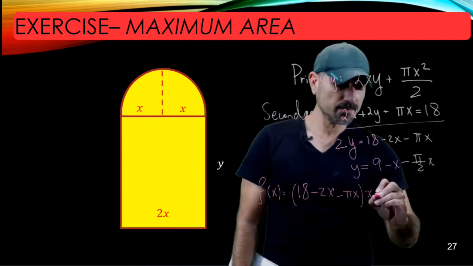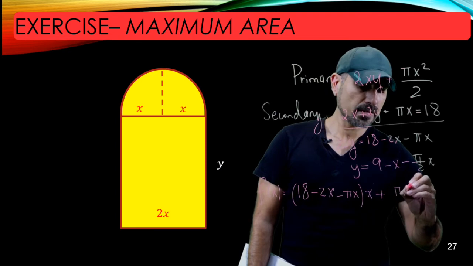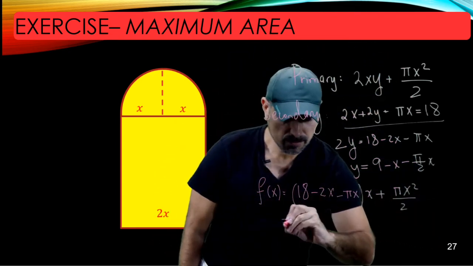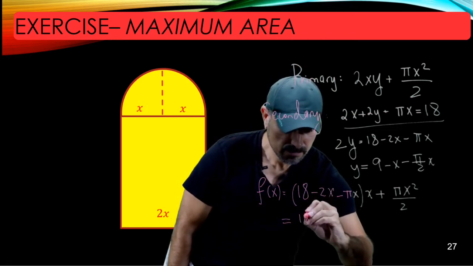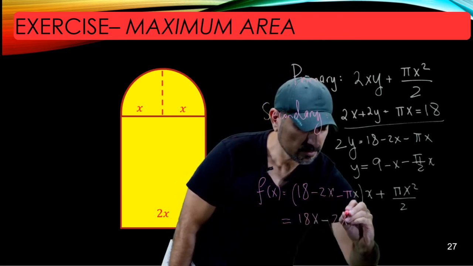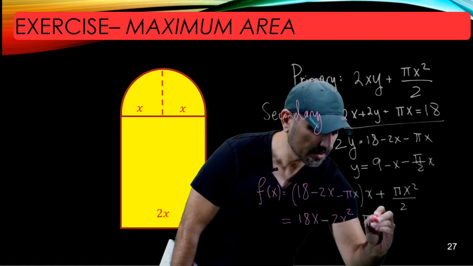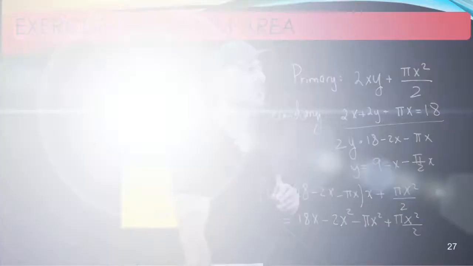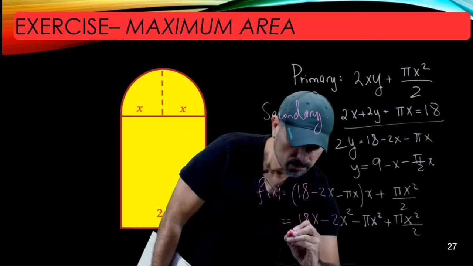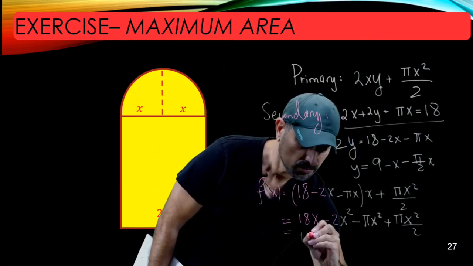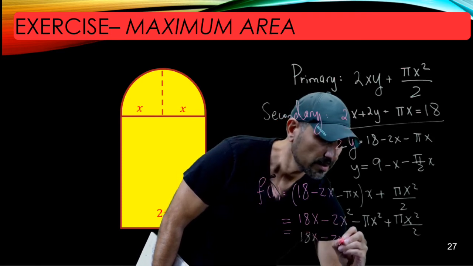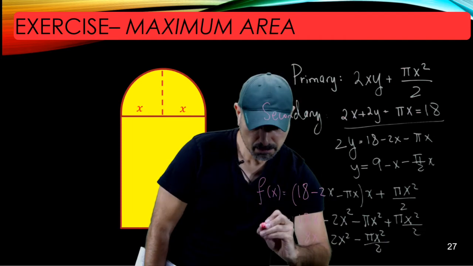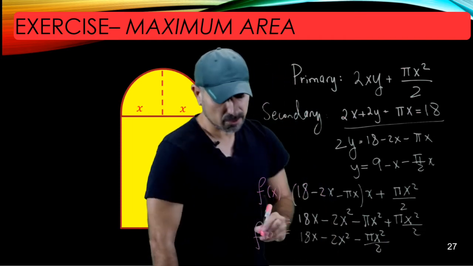plus pi times x squared over 2. Let's see if we can simplify this. So 18x minus 2x squared minus pi x squared plus pi x squared over 2. All right, so these are like terms. So 18x minus 2x squared minus pi x squared over 2 is the simplified version of the function of one